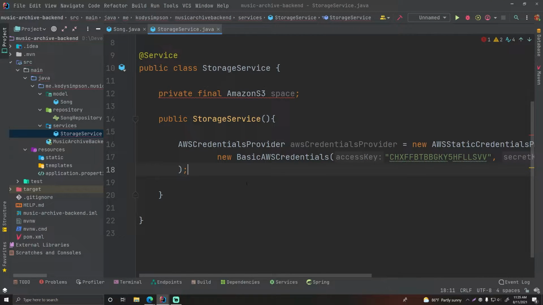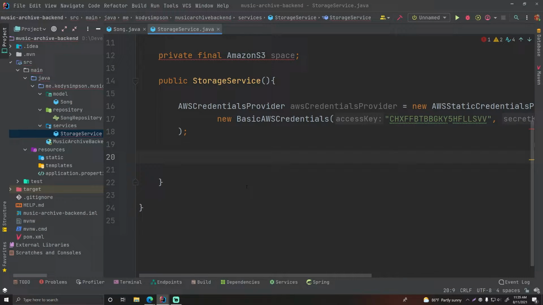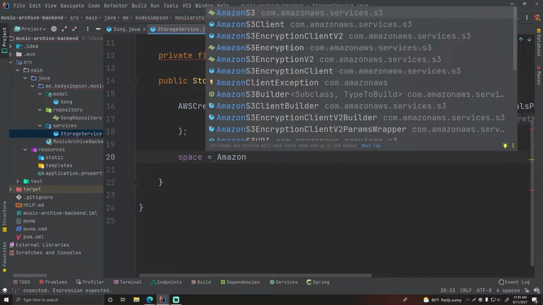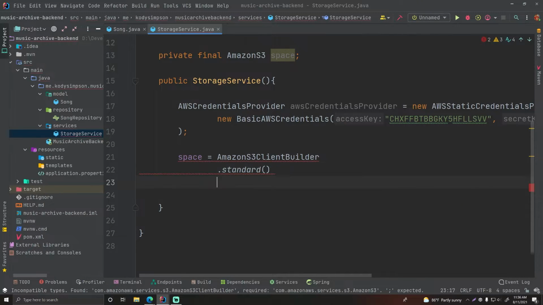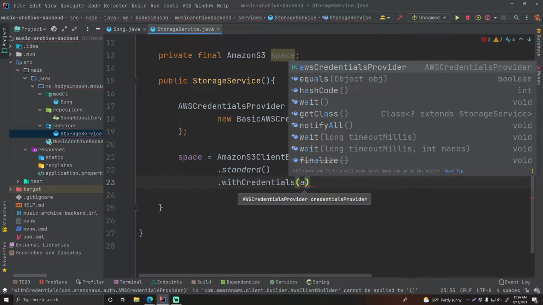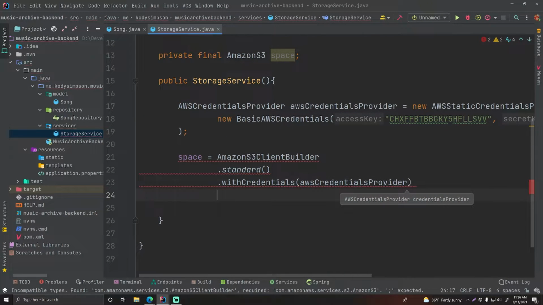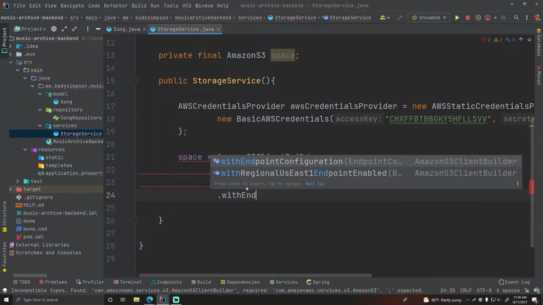So now we have an AWSCredentialsProvider, which we can use to hopefully connect to our space and initialize this AmazonS3 object. So we're going to do space is equal to AmazonS3ClientBuilder.standard().withCredentials. So we're going to provide the credentials that we just created. There we go. And then withEndpointConfiguration,